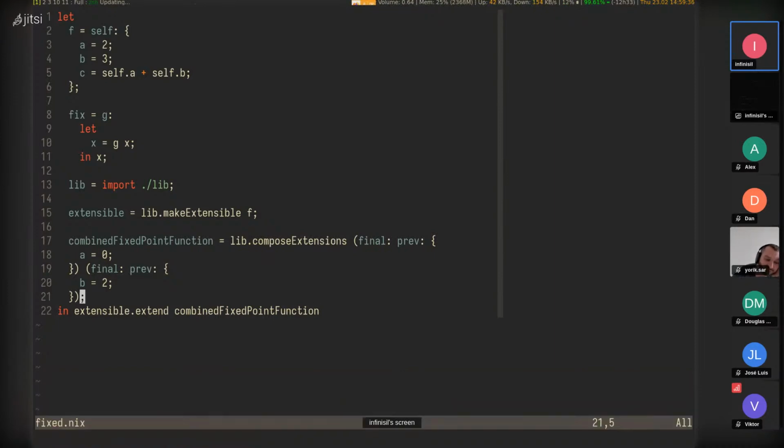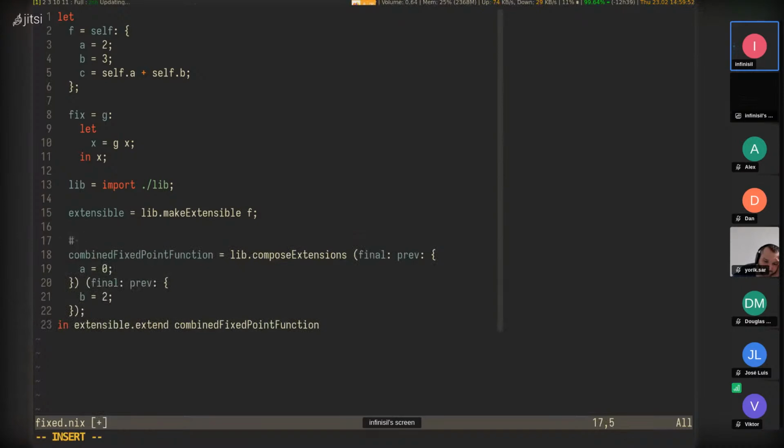So you will probably see this more often with actual Nixpkgs overlays, like the top level overlays you can pass to the Nixpkgs fixed point. But yeah, this is a generic function to compose multiple overlays into a single one. So the result of here is also the same type. It takes like, it's kind of like final prev,